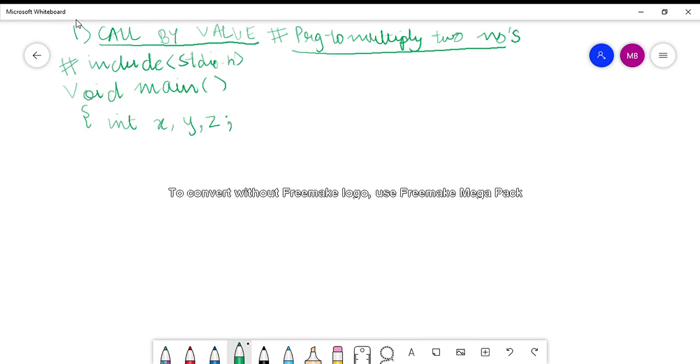Now I will make the function declaration or the function prototype. Int is the return type of the function, mul is the name of the function, and two arguments are passed here whose data type is integer.